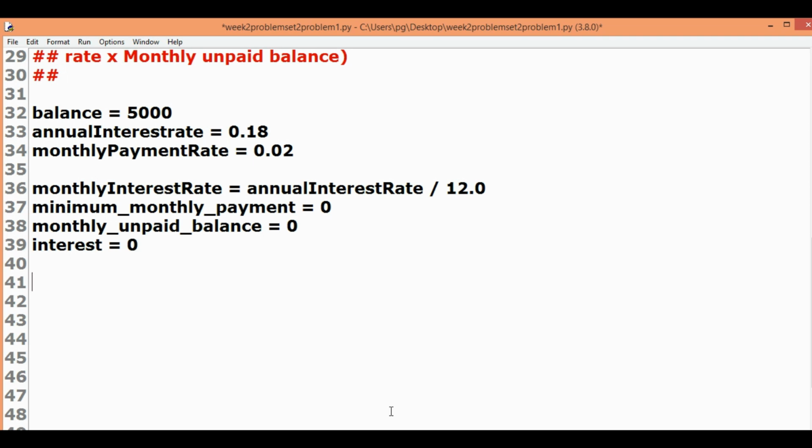We also take three variables called minimum_monthly_payment, monthly_unpaid_balance, and interest, and assign them all an initial value of 0, as these variables will be used later in our program. Remaining_balance. Then we take another variable remaining balance and assign it an initial value of balance.